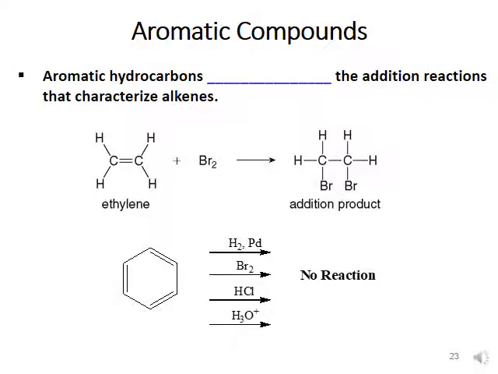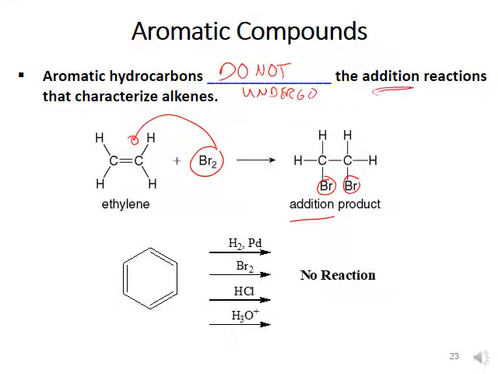So, because we know we don't want to break up the aromatic system, these do not undergo the addition reactions that characterize alkenes. It's easy to make this stuff react to add on. Okay, that's easy to do. But whenever we have an aromatic system,